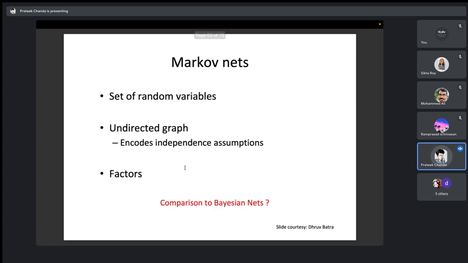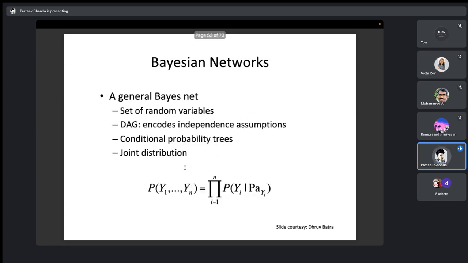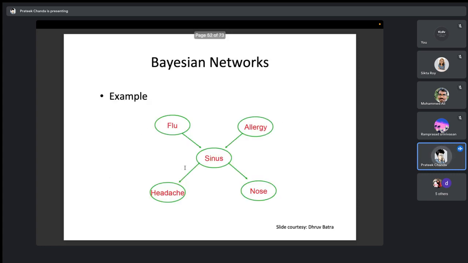So I won't go into Markov-ness for this lecture. I think I have given a very high-level overview of Bayesian networks, but we will be diving more deeply into it in the next lecture. And I think for the remaining part, I can take up